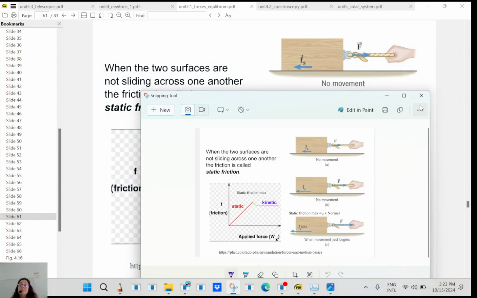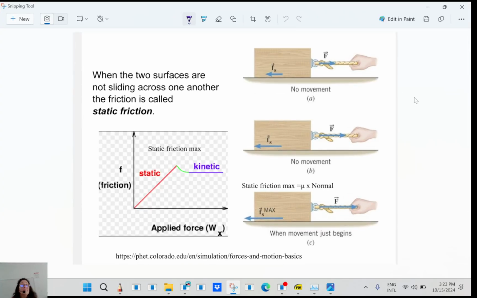And it's going to be true only in magnitude. So we're going to have the maximum static friction. So that's going to be f_s max equals μ_s, in magnitude, the coefficient, which is called the static coefficient, times the normal force, because it depends on how hard you are pushing on the ground. So the harder you are pushing on the ground, the more static friction you're going to get, which makes sense if you